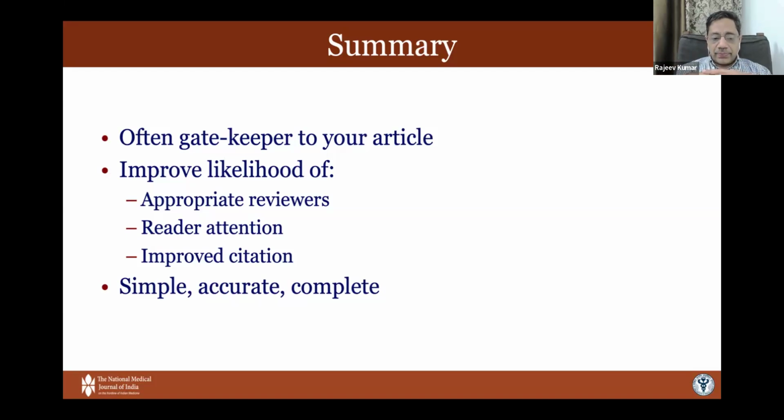So spend some time. If it's a part of a journal submission, it improves the likelihood that you'll actually be allowed to get into a review process, get publication, and therefore you'll also improve your citations. And finally, and this is common for all publications and all work that you do, keeping it simple always helps. Don't try to make it high flown. Don't try to give content that's difficult to read or understand. Make sure it's accurate, and of course, make sure it's complete.